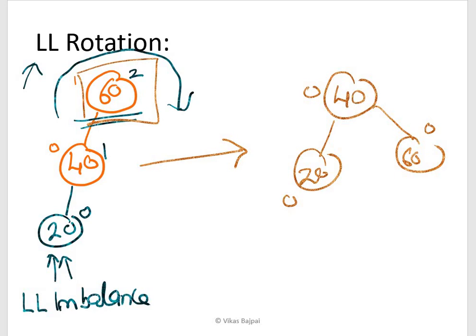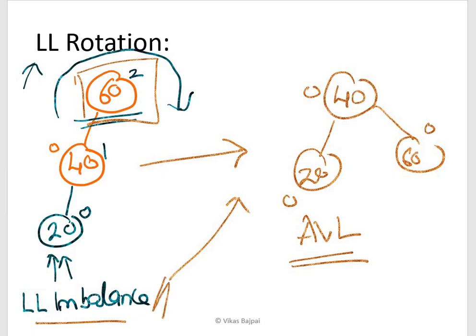So this becomes your final AVL tree after rotating and finding the exact perfect balance factors. And as I said, there was an LL imbalance which has resulted in this LL rotation. That's why we have given this term.